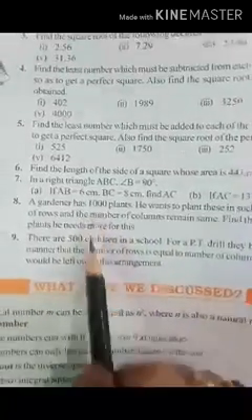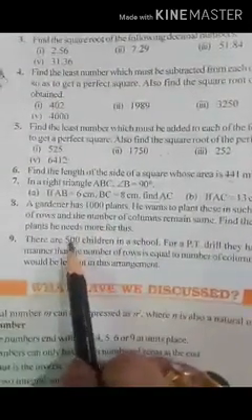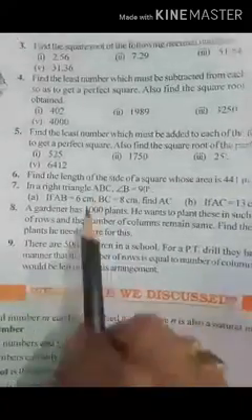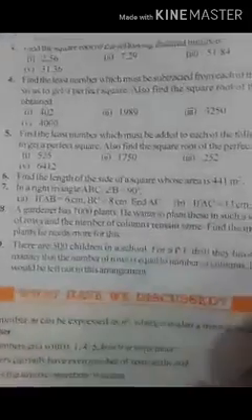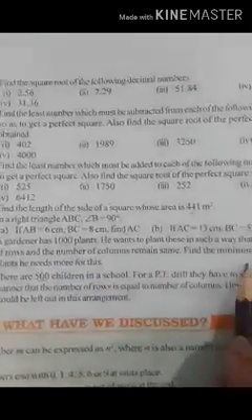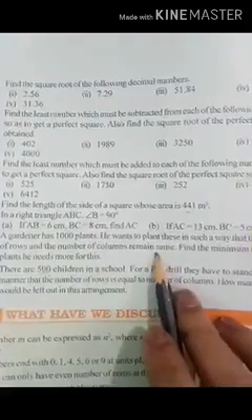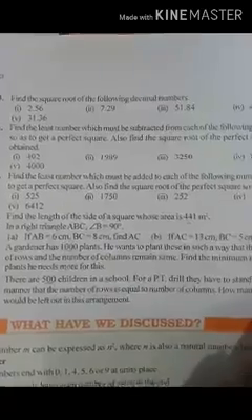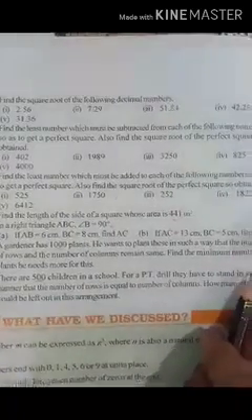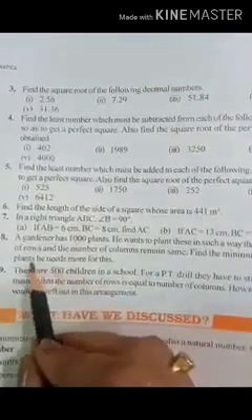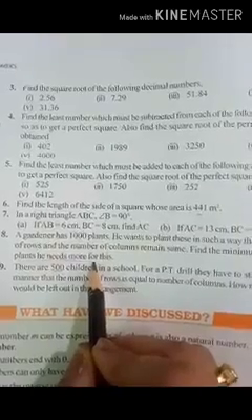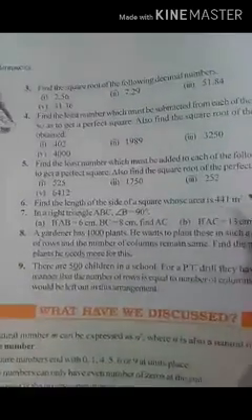See this one. These two questions. Here the numbers which are given are not proper perfect squares. But these are these type of questions. Which number should be added? Which number should be subtracted? So here, like 1000 plants are given and he wants to put them in such a way that the number of rows and columns are equal. So find the minimum number of plants that he needs. Minimum number of plants he needs more means what number should be added to make it a perfect square. The question which is here.